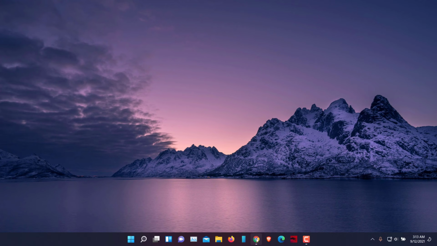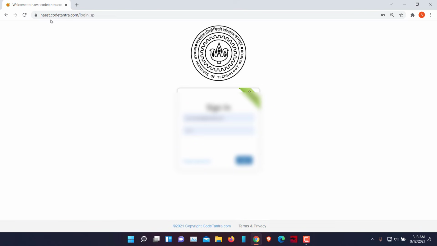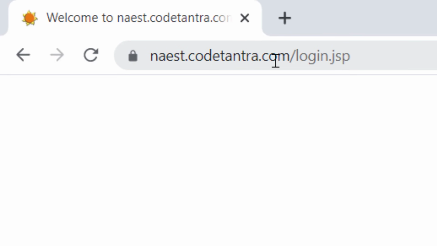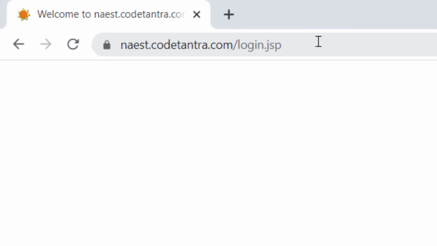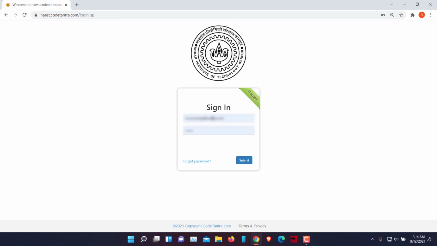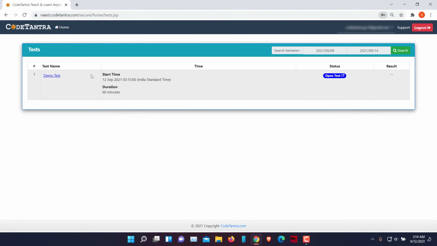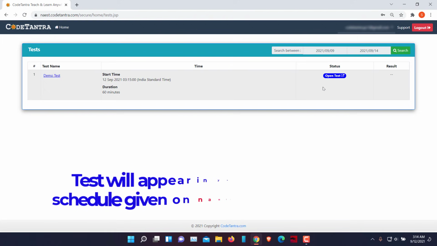Since I'm using a Windows-based laptop, I'll be going with the Chrome browser here. And in the Chrome browser, I'll be going to nest.codetantra.com/login.jsp. Once I come here, I'll enter my ID and password through which I have registered myself, and then I'll click on submit. Once I submit, I'll be able to see a test in my account which is active